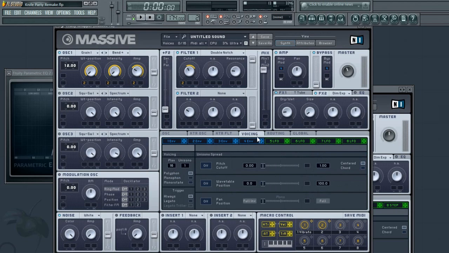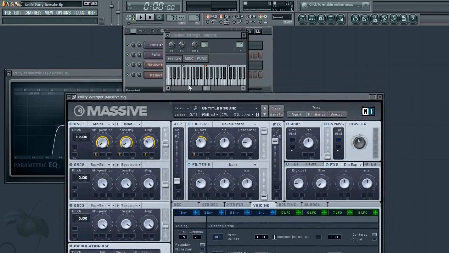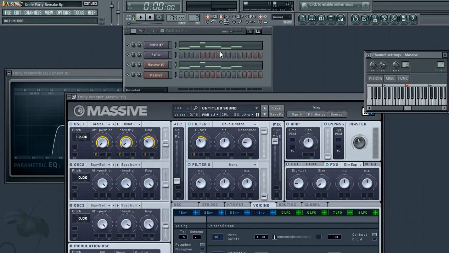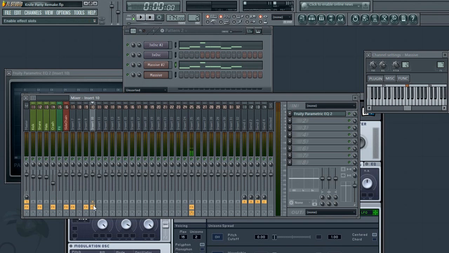Now go to the voicing tab and increase the unison to 2 and switch on the pan position and put it somewhere between the mid part and the leftmost part. I think that's it. So you would have something which would sound like,